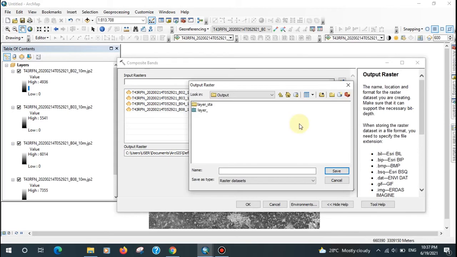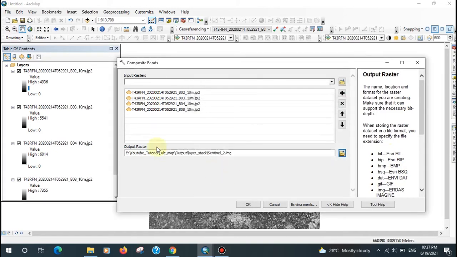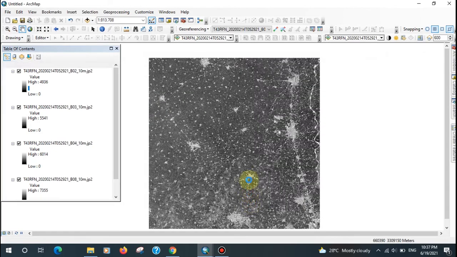Then go to the output name, and after that you add the extension .img, okay, and another option is available, save, then go to OK. So it will take 3 or 4 minutes to composite the bands.